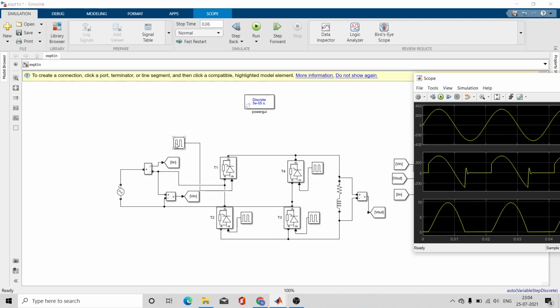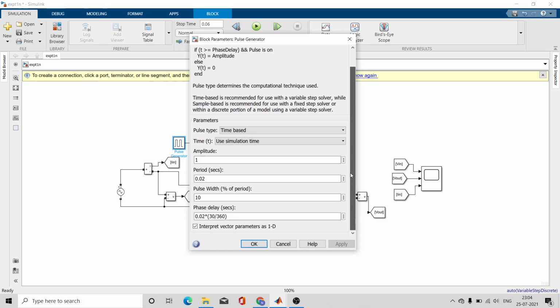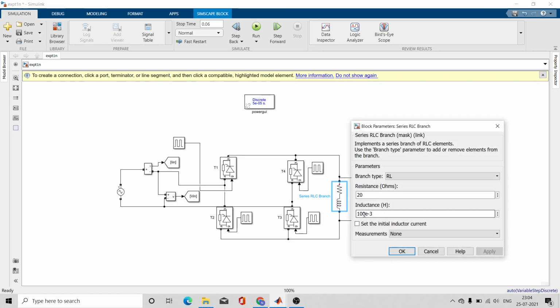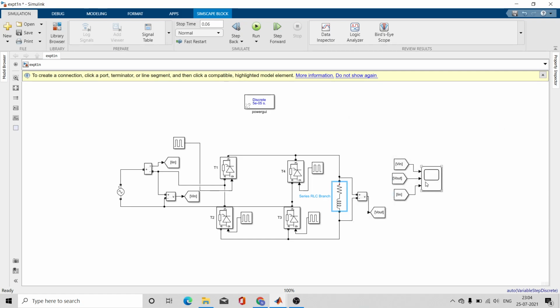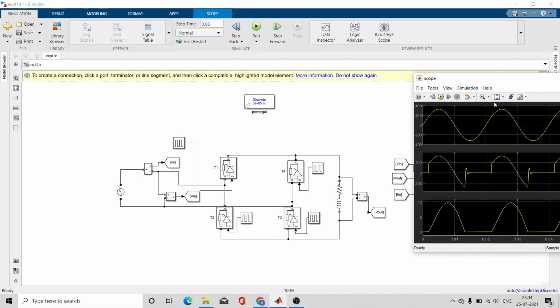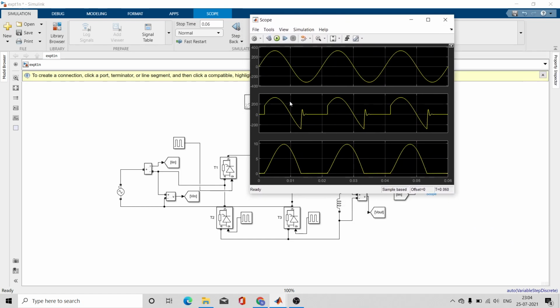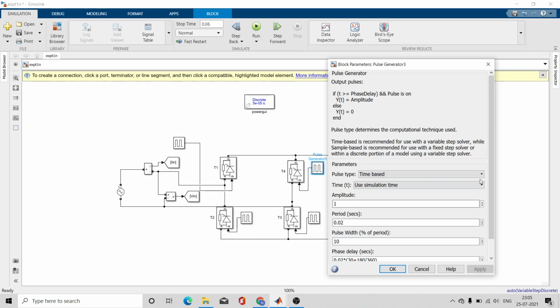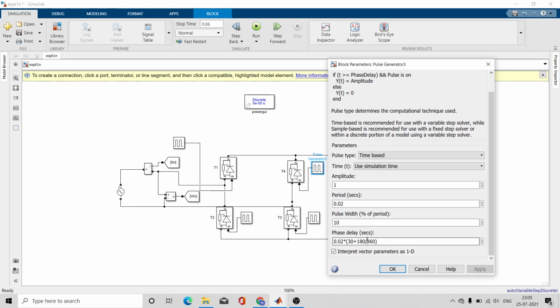Let me check one thing. Just let me change the brackets over here.